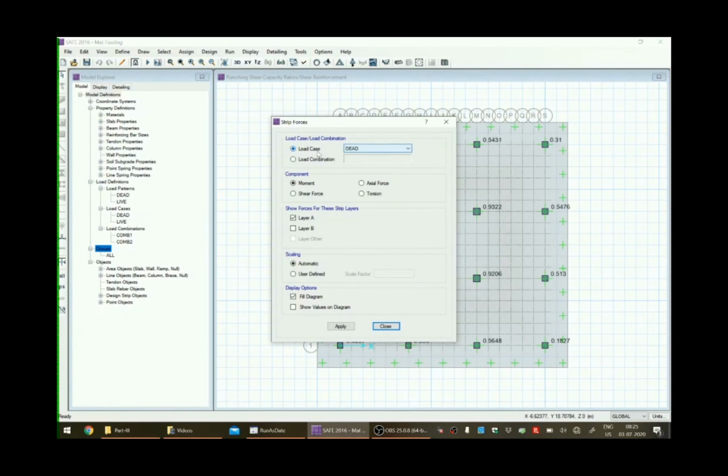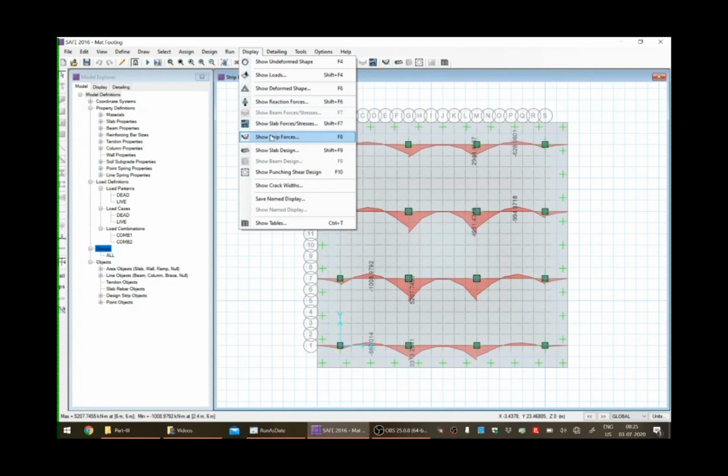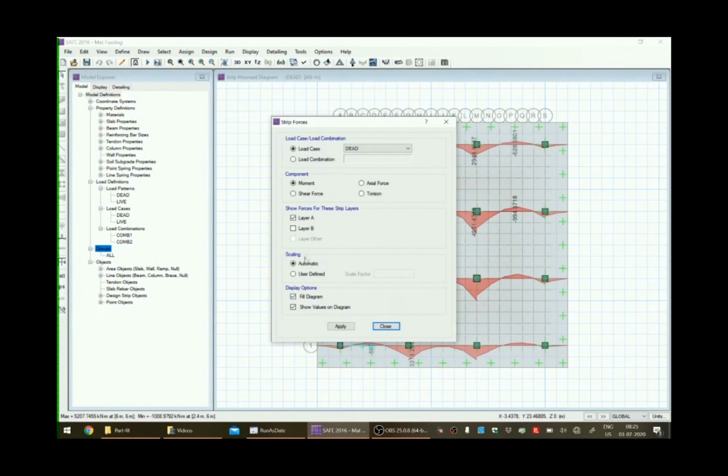So for dead load along layer A, we shall get all the diagrams. Similarly, for layer B as well,